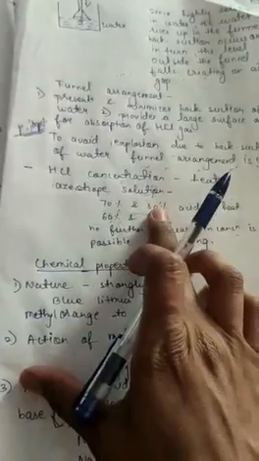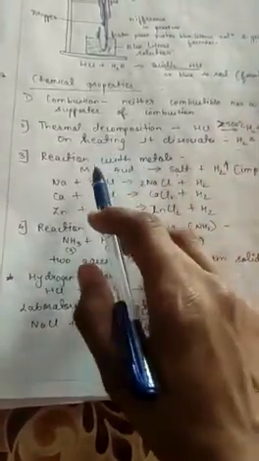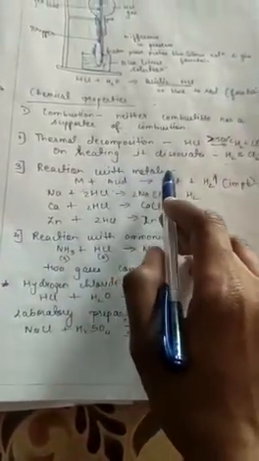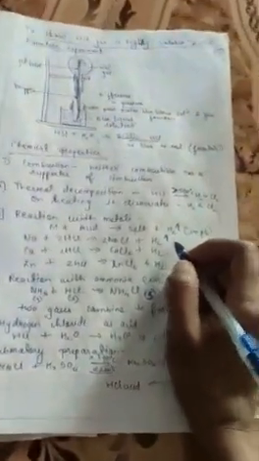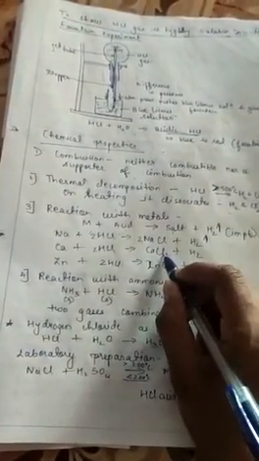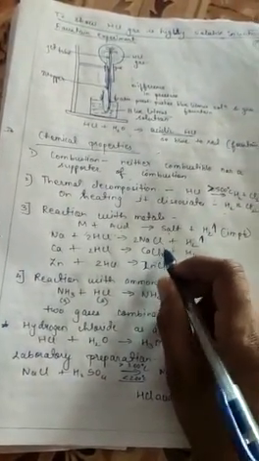Now we are going to study the chemical properties of HCl. The third reaction is the reaction with metals. When HCl gas reacts with a metal like sodium, it gives the salt NaCl, and hydrogen gas is evolved. Always show an upward arrow when a gas is evolved. Calcium, when it reacts with HCl, forms calcium chloride, a salt; chlorides and sulfates are all salts. So calcium chloride, a metallic salt, forms and hydrogen is evolved. Zinc with HCl gives zinc chloride and hydrogen gas is evolved. So this is the reaction with metals.